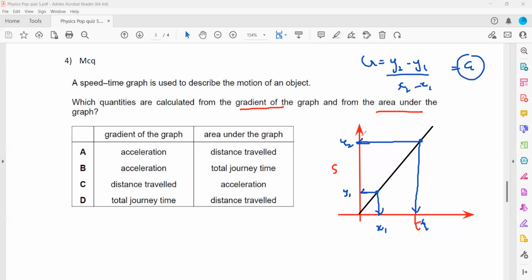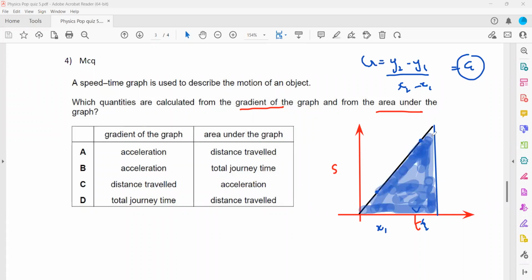But if we want to calculate the distance traveled by the object, we calculate the area under the graph. Like we draw a perpendicular, and the whole area under this graph depends on what shape it makes. It makes a triangle or a rectangle or a trapezium. So we take the area under this graph, and when we calculate the area under the graph, we get the